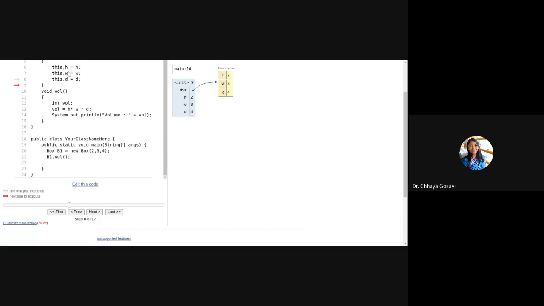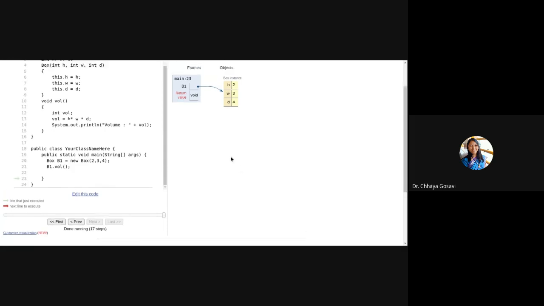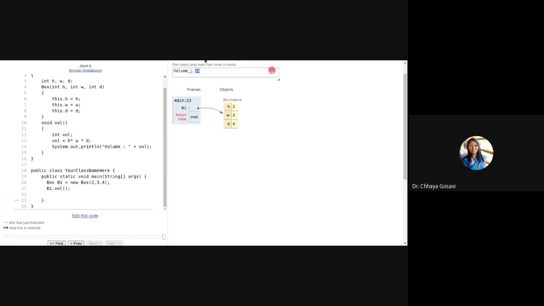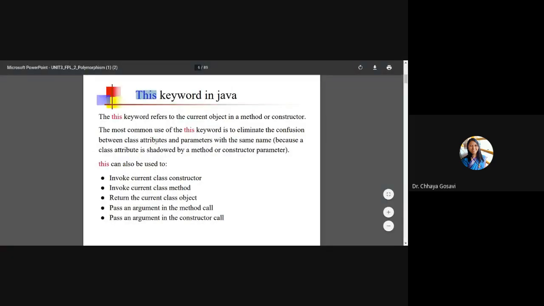That means this is nothing but the current object, which is calling the current method or constructor. For which object you are calling a constructor, for which object you are calling a method. Now it is showing volume 24. Now you can understand what is written on the slide after this example. The this keyword refers to the current object in a method or constructor.